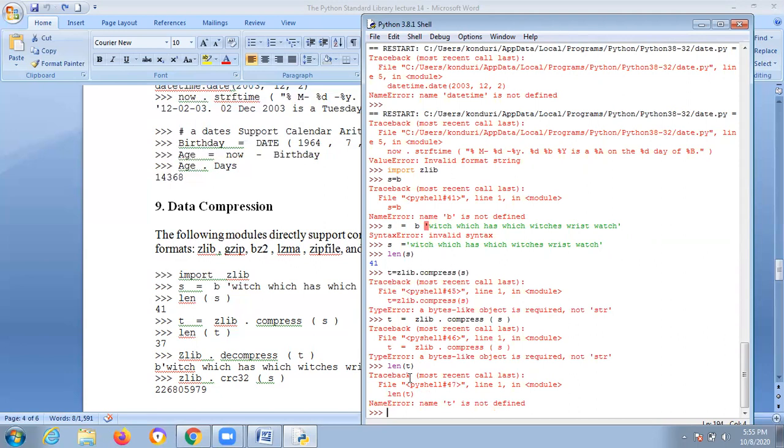Compress, yes, you are getting the length like this, and you need to compress. zlib.compress.